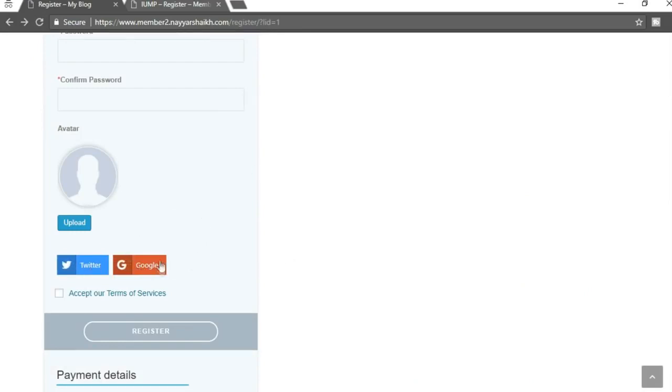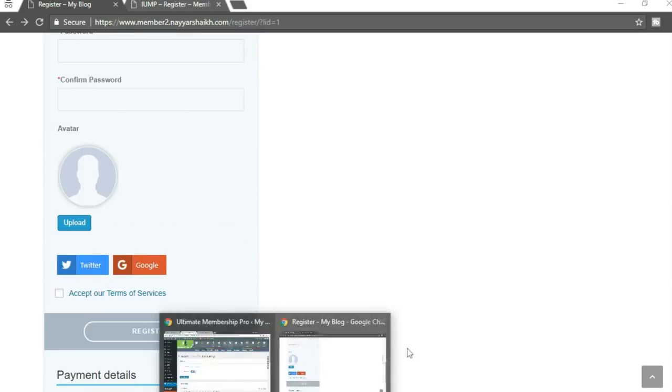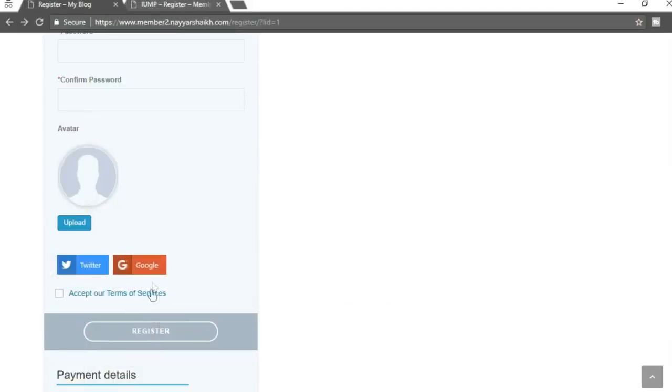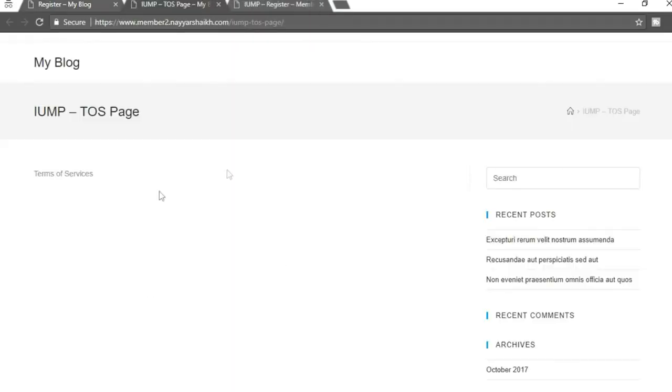So this is how you change the design, and this is how you create different social logins. Now here you'll see this accept our terms of services. Let's click on this. Now we see there is a terms of service page, but there is nothing over here. So you can add your terms of services if you want. So let me show you how to do that, and we'll also change this title and this slug, this permalink